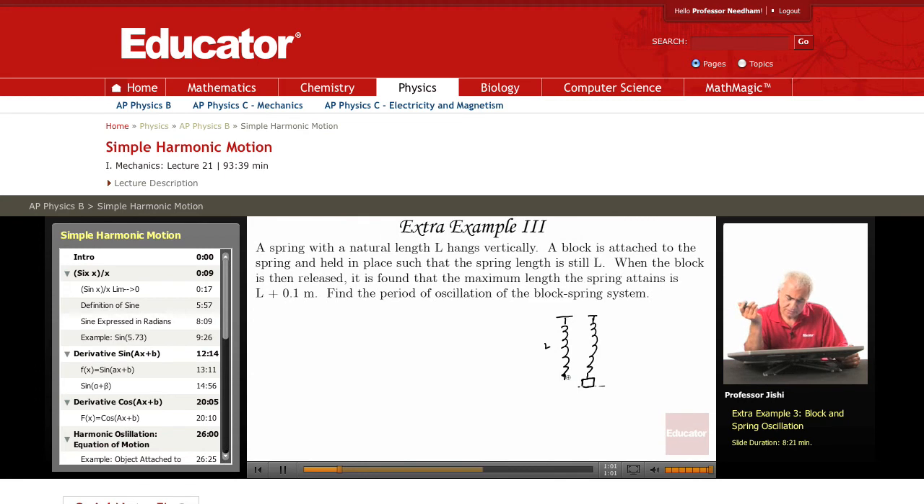Now, when the block is then released, then you let go. You're holding it with your hand, you release the block. You let go. It is found that the maximum length the spring attains is L plus 0.1 meters. So what is found is that when we let go, the maximum length the spring attains